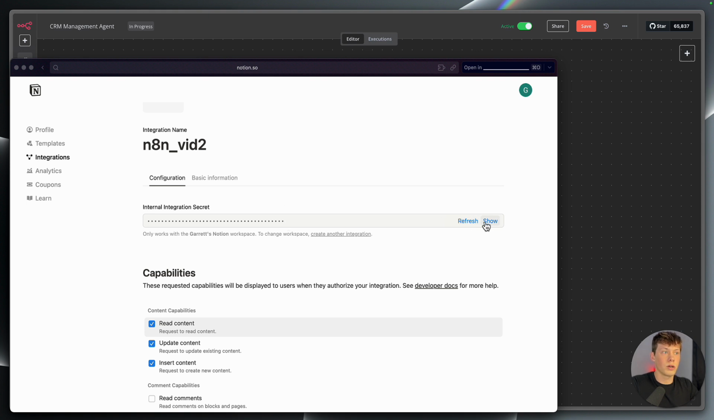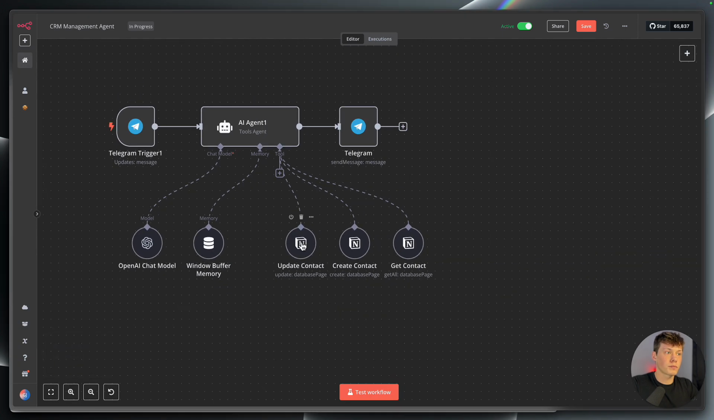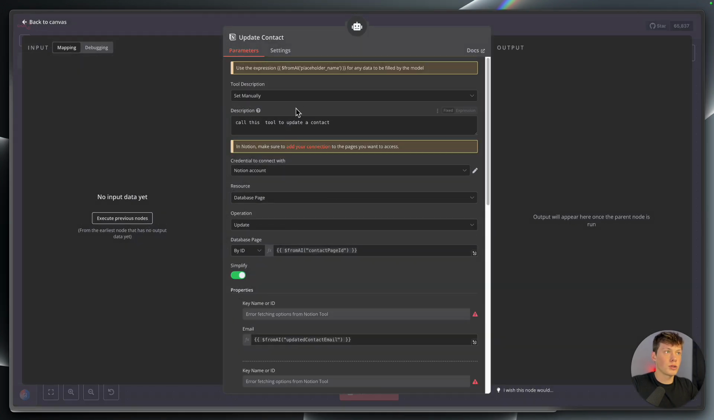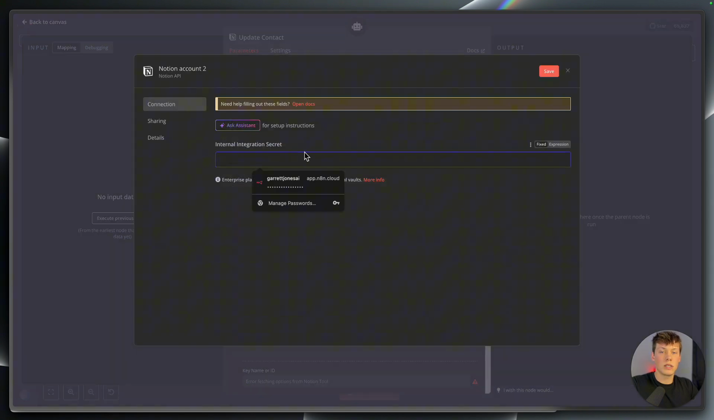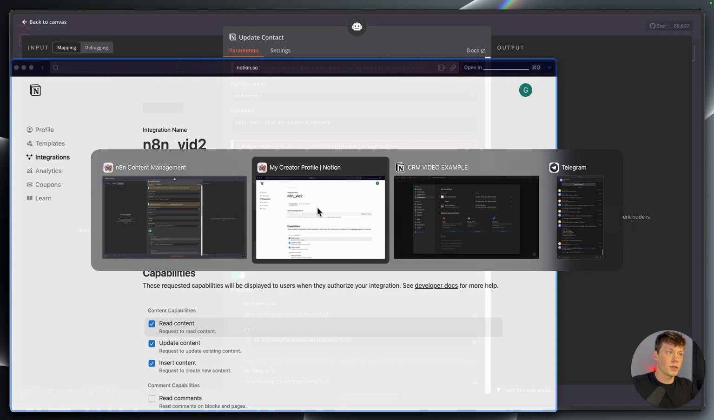So you're just going to press show, copy the integration secret here, and then we can go back into N8N, click on one of the Notion nodes here, the Notion credential to connect. You're going to do new credential, paste in the integration secret, click save, and then that will connect to your Notion account. And there's actually one more thing we need to do,